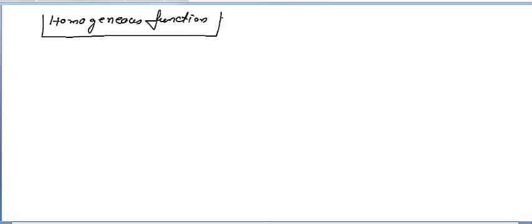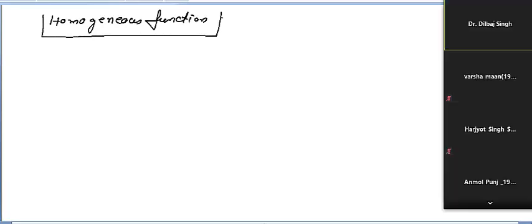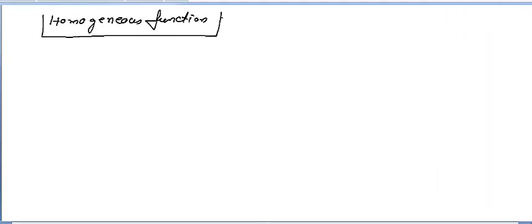Answer. See, the next topic is the homogeneous function. It is also very useful, and when you see its importance after the definition, you will be surprised. Many questions you can solve very quickly, because we have one theorem based on the homogeneous function. It is the Euler theorem. It is given by the very renowned mathematician Euler, and he has given a very important theorem on the homogeneous function. So first we will write the definition of the homogeneous function.